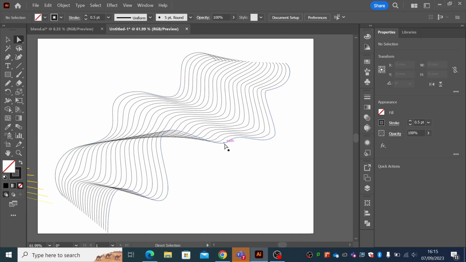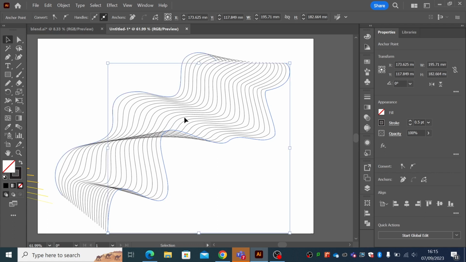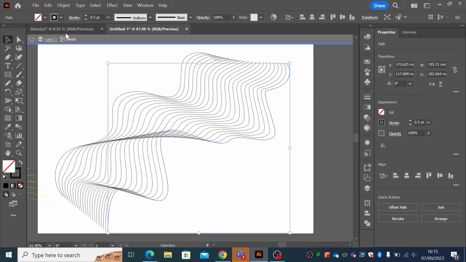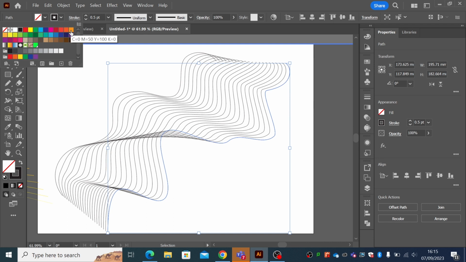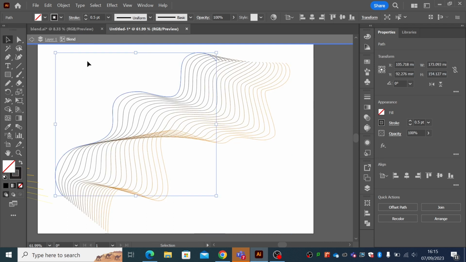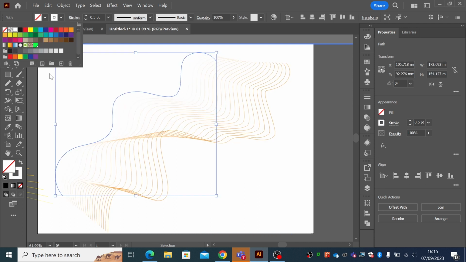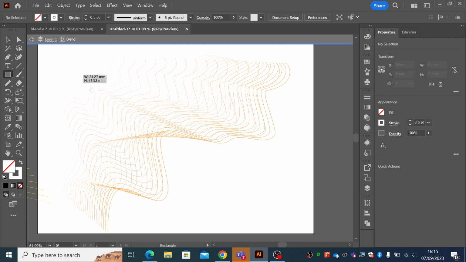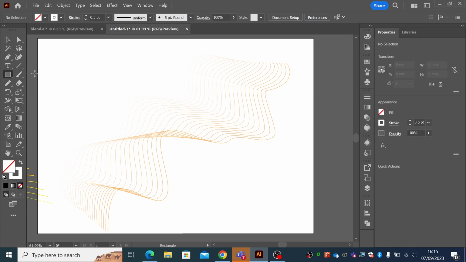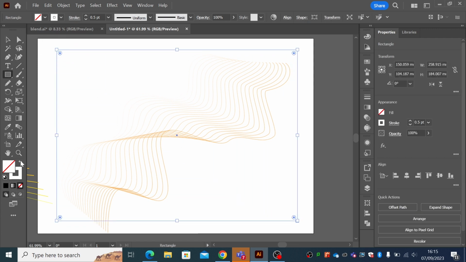And again, if I wanted to, I could change the colour. So let's just go into the blend, double click, select the first path. So let's make that orange, and then let's make the last path white. And then if I put this on, move that. If I put that on an orange background, you should see something